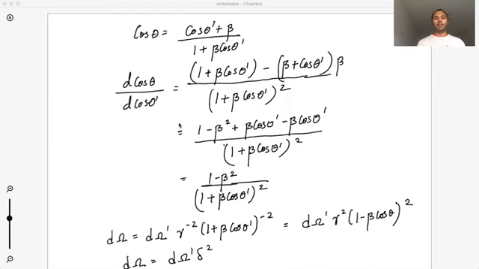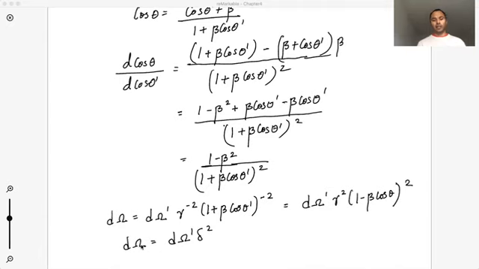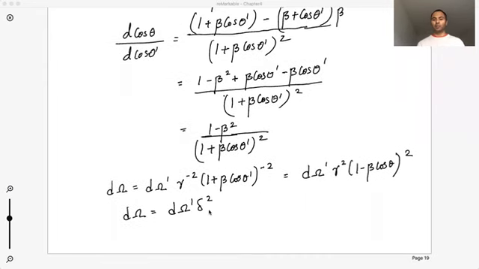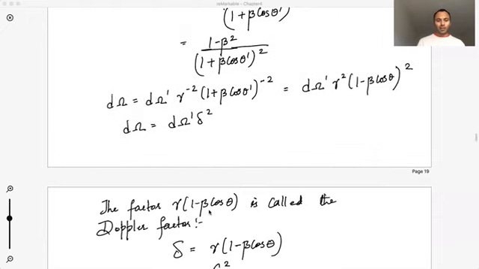But the basic idea is, you get that Jacobian by just a simple chain rule differentiation, and then you put it all together, and then you get, again, the Doppler factor keeps appearing, right? And so we're going to give it a name, call it delta, the relativistic Doppler factor, and you get d omega is d omega prime times delta squared, right? And now